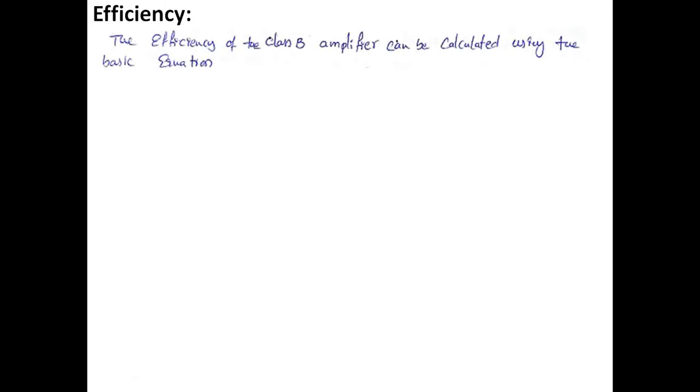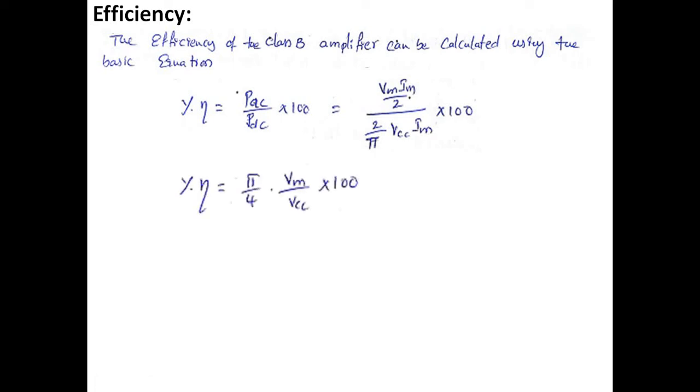And we know the efficiency formula, eta is equal to PSC by PDC into 100, and you substitute PSC as well as the PDC. PSC is equal to Vm Im by 2 and PDC is equal to 2 by pi into VCC into Im, because we have already calculated IDC into VCC. IDC is equal to 2Im by pi. That's what we are substituting here, 2Im by pi into VCC. You simplify this, you will get percentage of efficiency which is equal to pi by 4 into Vm